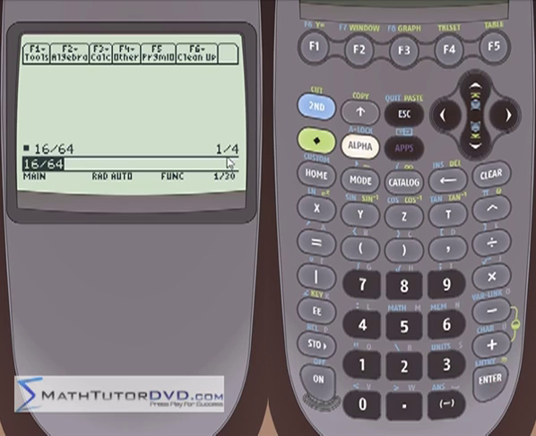Now, if you get an answer as a fraction like we have here, and you decide you don't want to look at the fraction representation, you really want to know what the decimal is, my recommendation is to just hit the green button. You do a calculation, see a fraction as a result, hit the green button and hit the squiggly equal sign, which means approximation, approximately